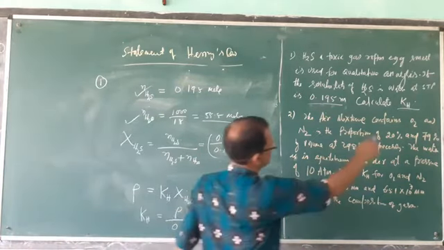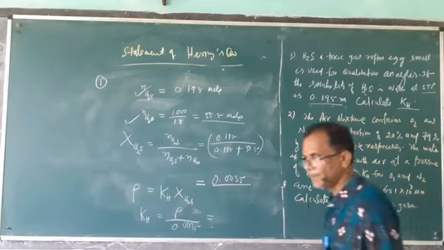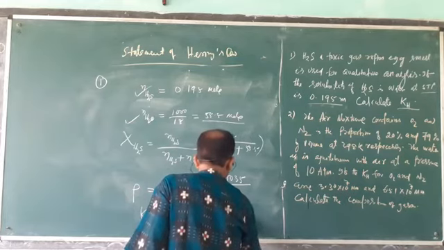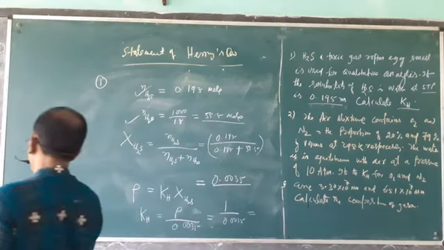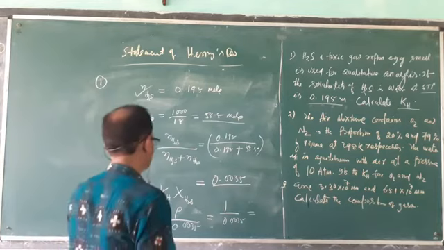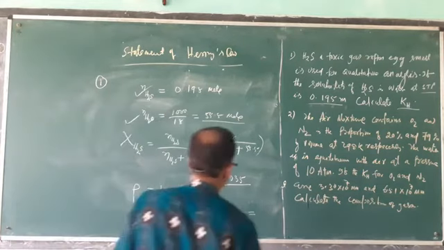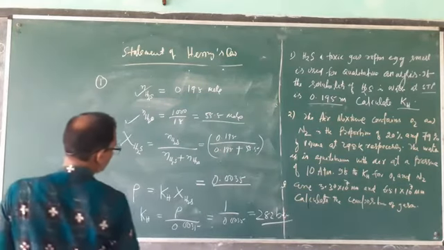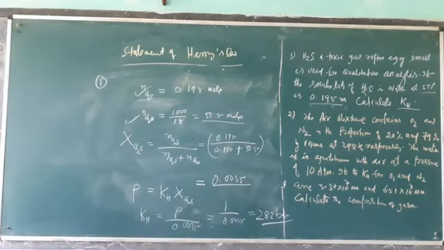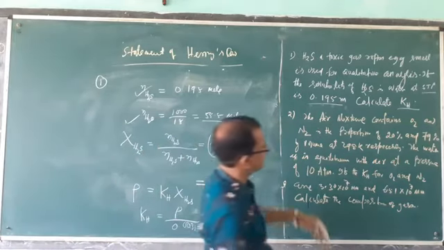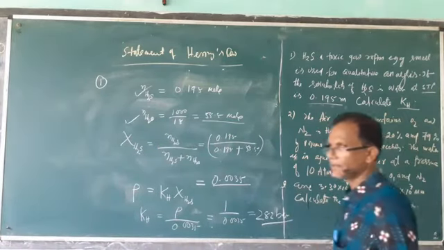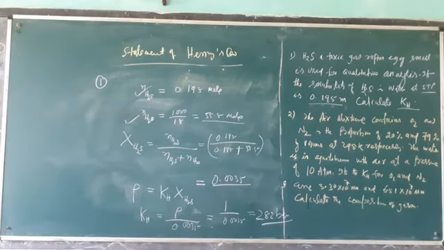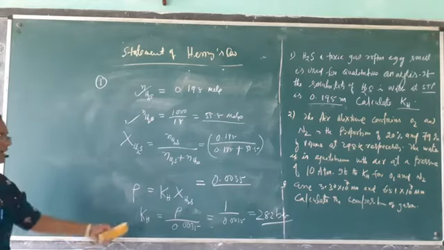Pressure at STP means we consider it as 1 bar. So 1 bar divided by 0.0035, your answer will be 282 bar. It will be 282 bar in terms of bar, because as per the question it is given STP, standard temperature and pressure. Here STP is taken as 1 bar. So 282 bar is the calculation of the Henry constant.